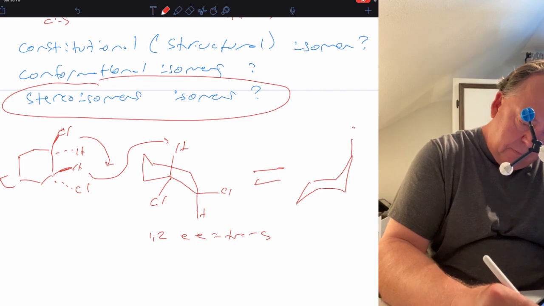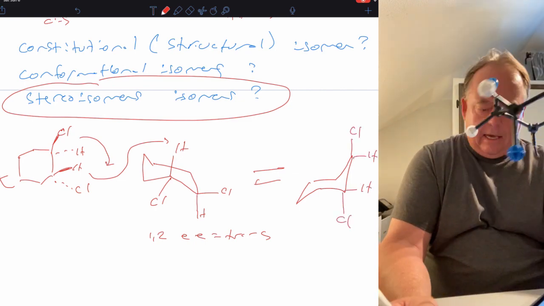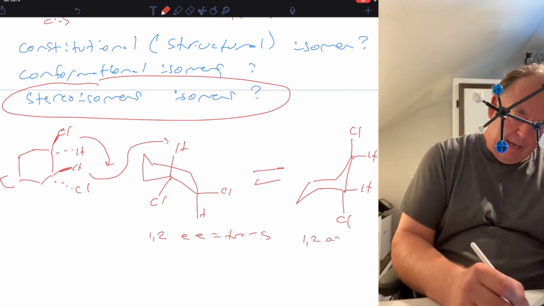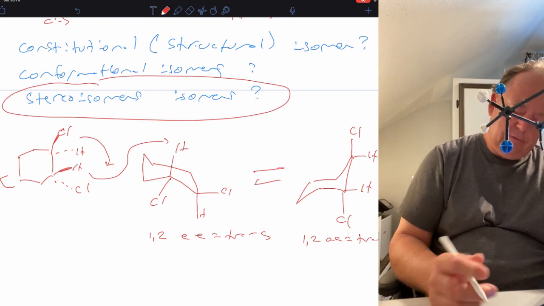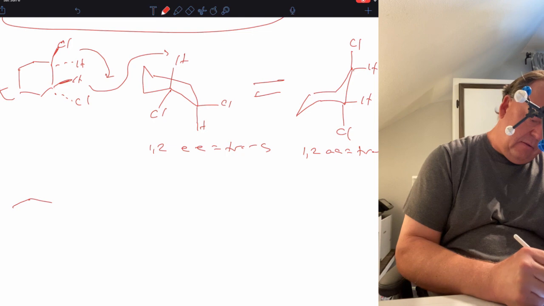So if we do the chair flip, then we get that confirmation where they're both axial. So 1,2 AA is also trans. And if we started with the cis isomer instead,